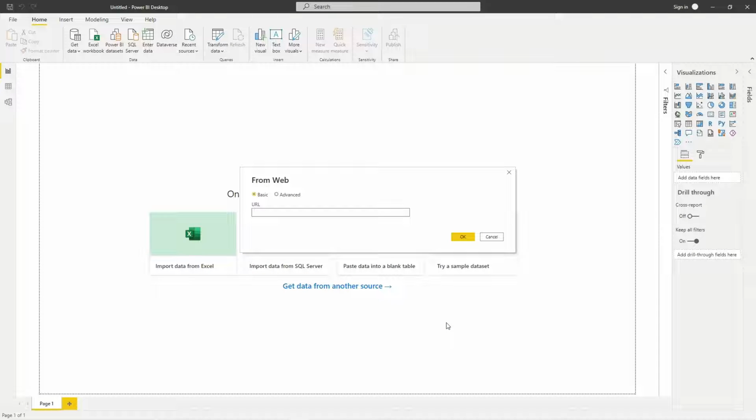And the URL I will provide in the description below. It's a file I've saved up on Google Drive so that everyone can access if they want to follow exactly what I'm doing. So if you copy and paste the URL into the address bar and press OK,